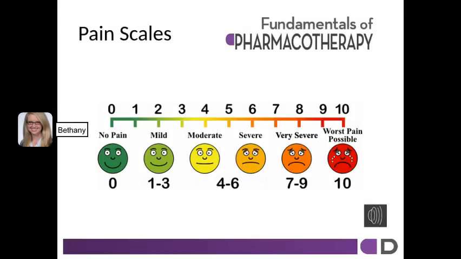There are some tools and techniques used to assess and score types of pain. One example can be seen here, which is called a visual analog scale, where the patient, either by the number or by the photo that identifies what their pain is, says what their pain is on a scale of 0